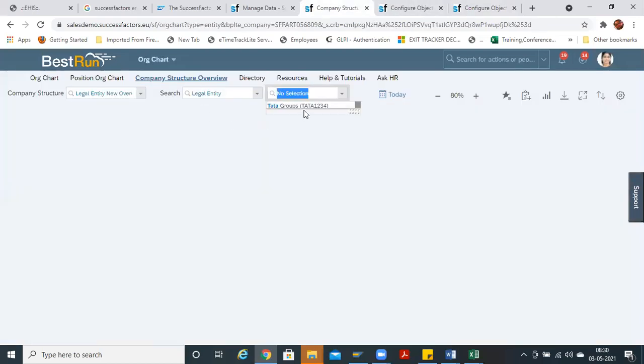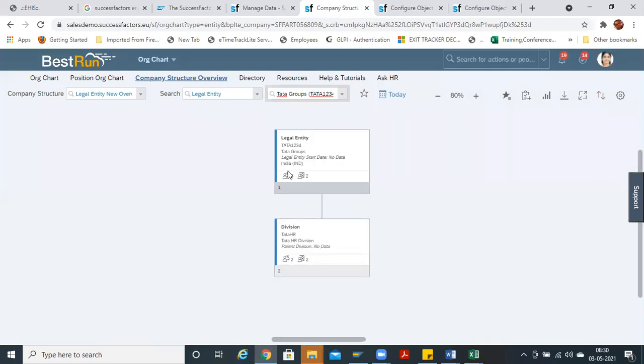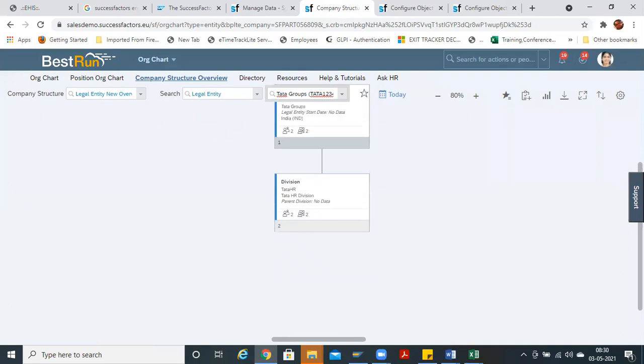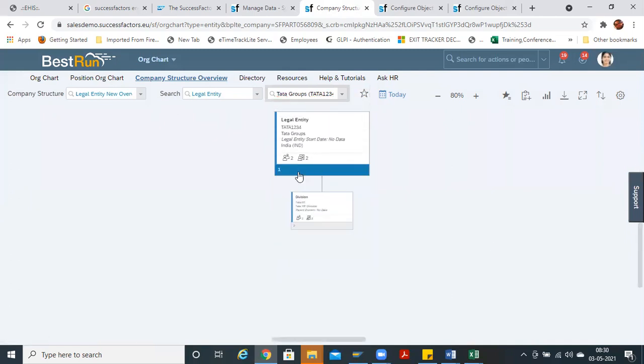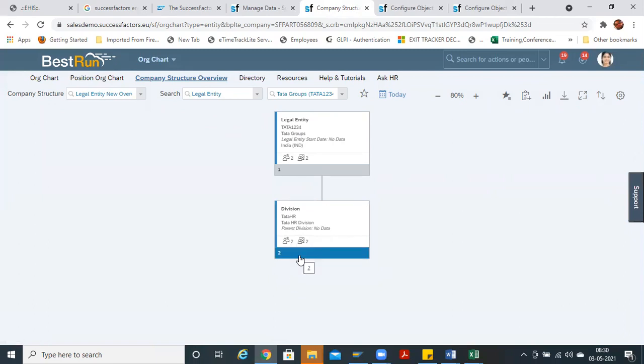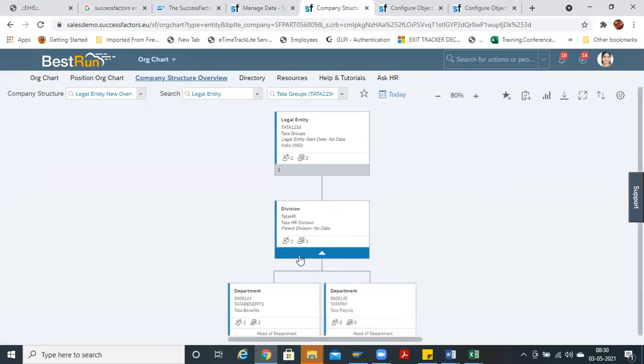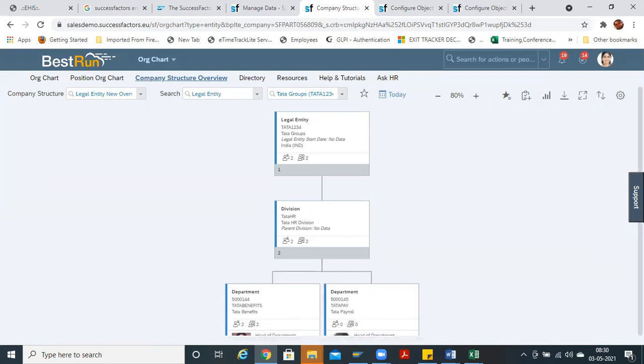So we were into data groups, right? Legal entity. See, we have configured the legal entity. Now, legal entity is associated with one division. Division is associated with, click this, department. Got it?